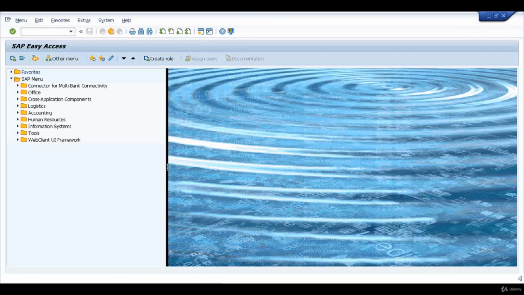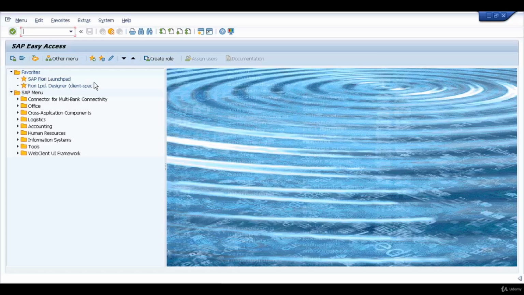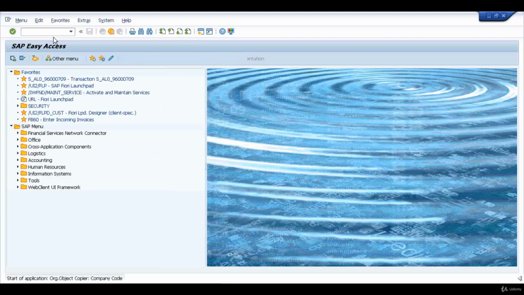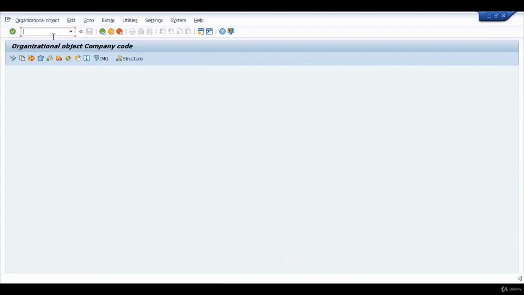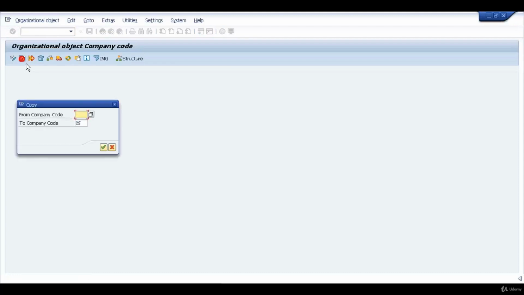In SAP S/4HANA, we will go through the transaction code EC01 instead of going through the long menu path. So it's easier to go through the transaction code. Click copy and from company code. So let's say my company code is AZ01 and I want to create a new company code AZ02, and AZ01 has already got a controlling area. So I will click on continue